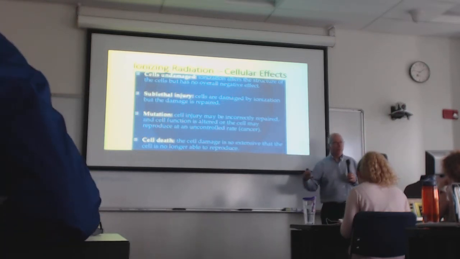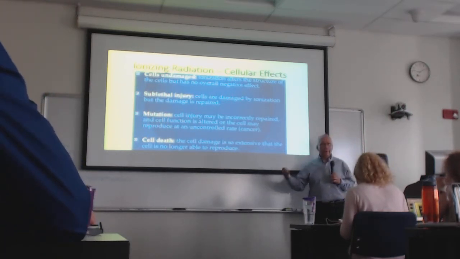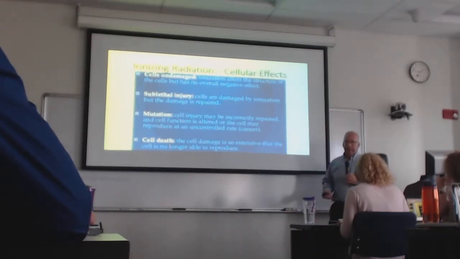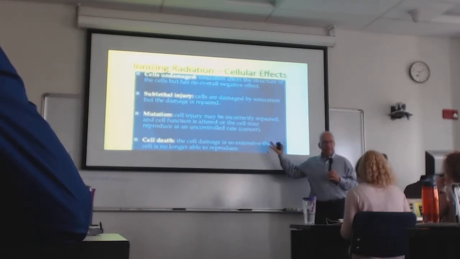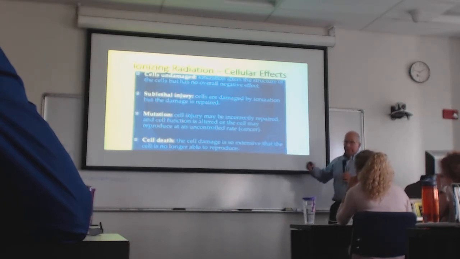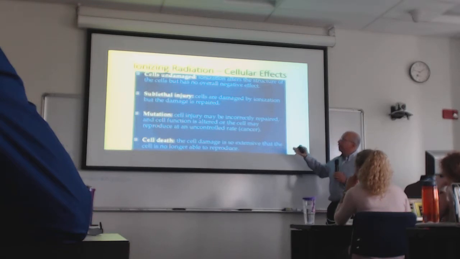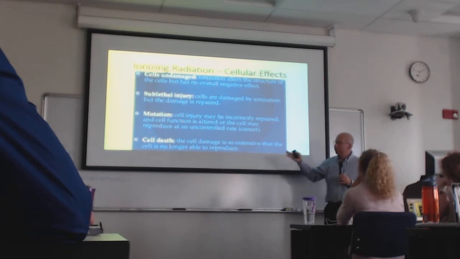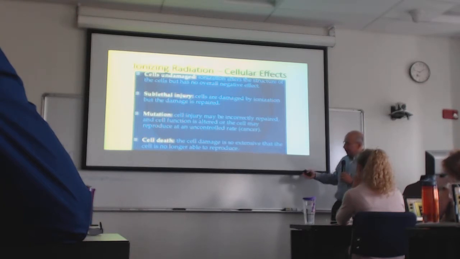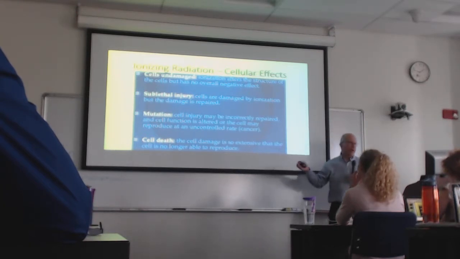So we can't help it. We're going to radiate people, and people are going to get cellular effects from radiation. So there are four basic things that are going to happen. Either nothing is going to happen, where the cell is undamaged. Or there's a sublethal injury to the cell, but the damage is correctly repaired. No harm, no foul, everybody's good. Or there's a mutation in the DNA, in case the cell injury or the DNA damage is incorrectly repaired. And that may or may not cause any problem.